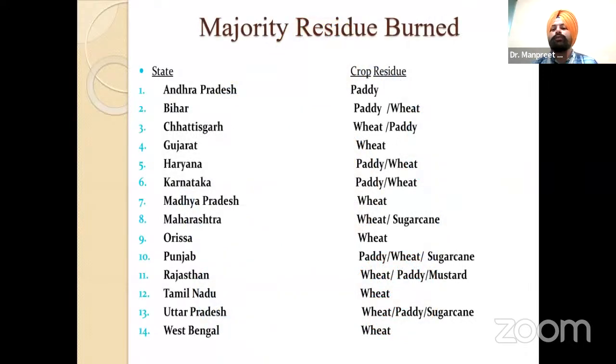उसके बाद आ जाता है कि मेजोरिटी रेजिड्यू कौन कौन सी स्टेट में या कौन कौन सी क्रॉप्स के बर्न किए जाते हैं। जैसे ये स्टेट वाइज अल्फाबेटिकली है: आंध्र प्रदेश में पैडी होगी, बिहार में पैडी एंड व्हीट होगी, छत्तीसगढ़ में व्हीट पैडी होगी, हरियाणा में पैडी व्हीट, पंजाब में पैडी व्हीट, इवन शुगर केन के ट्रैश या उसके रेजिड्यू को बर्न किया जाता है। राजस्थान में व्हीट होगी, पैडी होगी, मस्टर्ड बहुत सोई की जाती है राजस्थान में, उसका रेजिड्यू बर्न किया जाता है।